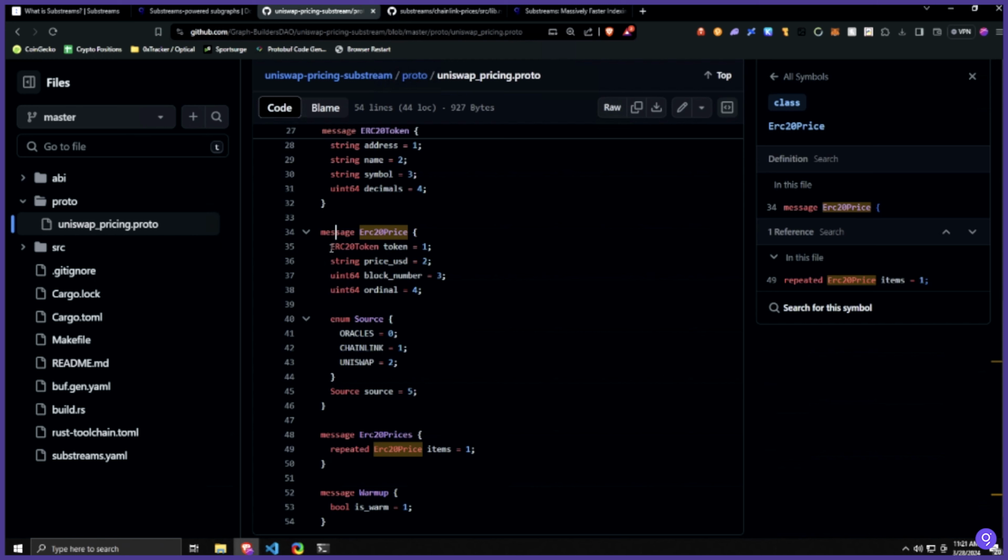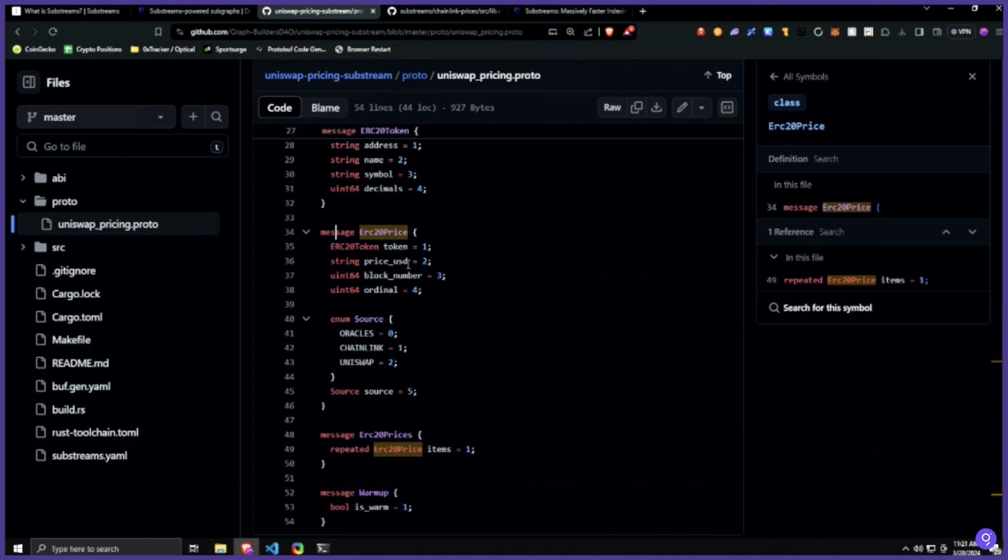But at the same time, you've already built this entire subgraph. You don't want to have to rebuild the entire thing in a substream, right? So what we could do here is that we will get notified based on the substream anytime an ERC20 price occurs, whether that be, as of right now, from Uniswap or from Chainlink, and then we could then do something with it as if it was an input of a block on the